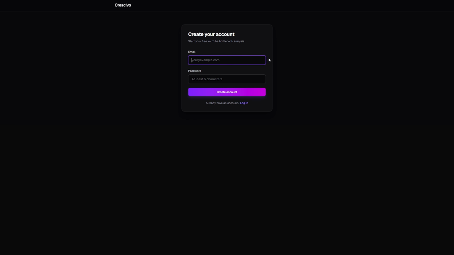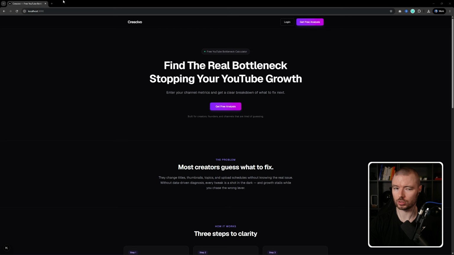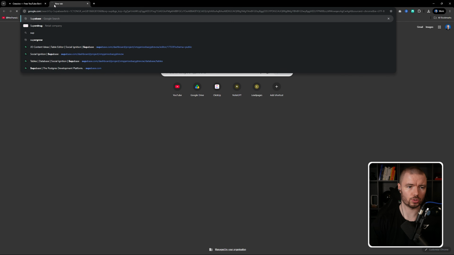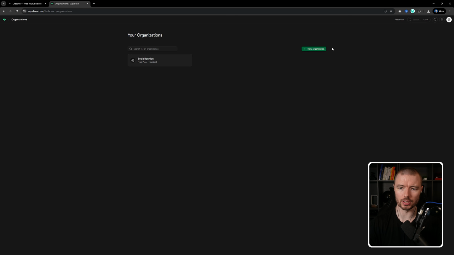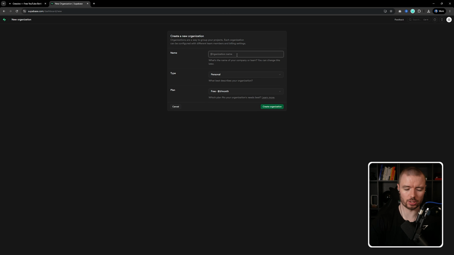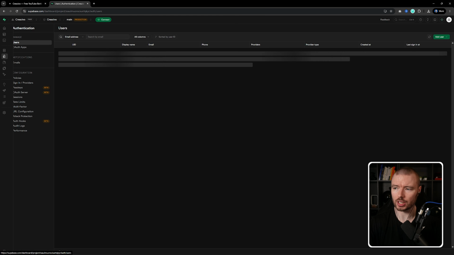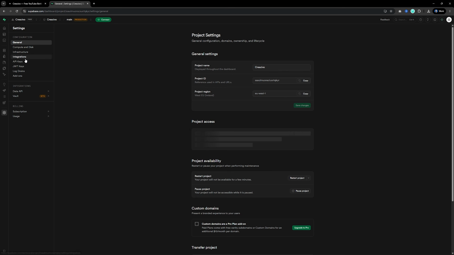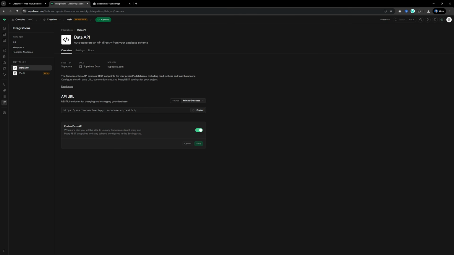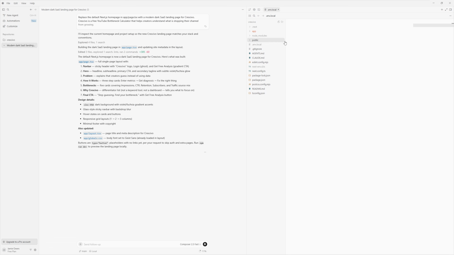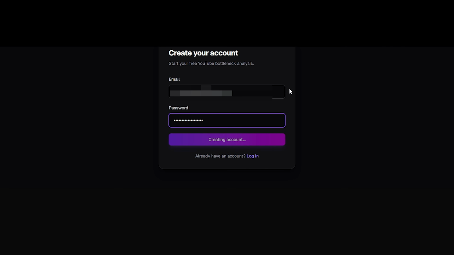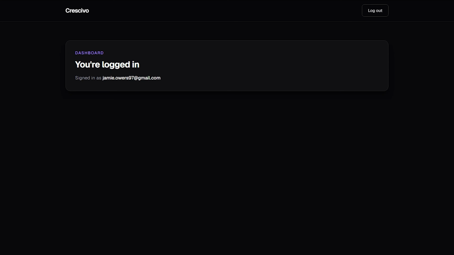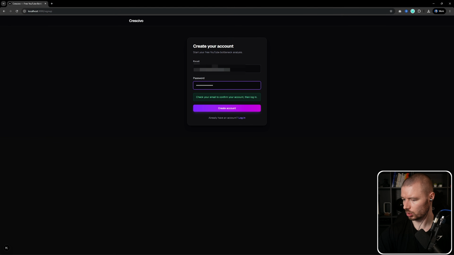From there, I needed to add login functionality. If people were going to use this tool and save their results, they'd need an account. That meant connecting Supabase, which handles all the authentication and database storage. I followed the setup, dropped the API keys, and pointed Cursor at the task. And it worked. Someone could create an account, confirm their email, and log in. That's pretty cool.